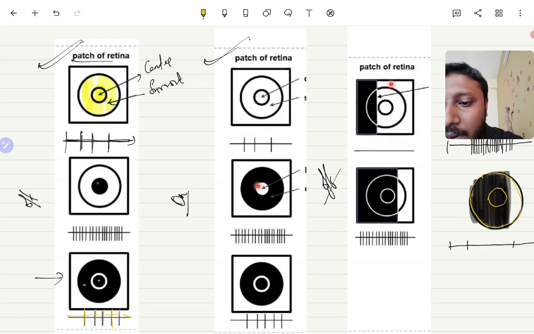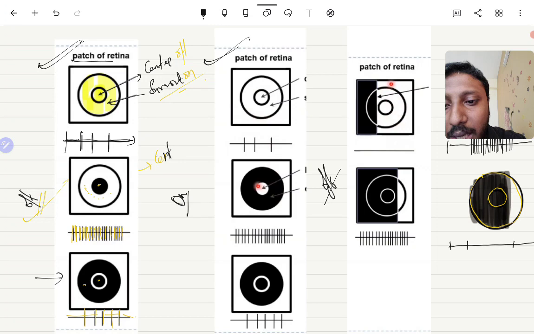But if the center is dark and the surrounding is light, then this ganglion fires very rapidly. I have told you the mechanism by which it works: this is horizontal cell inhibition. So if the center is off and the surround is on, then it fires maximally.